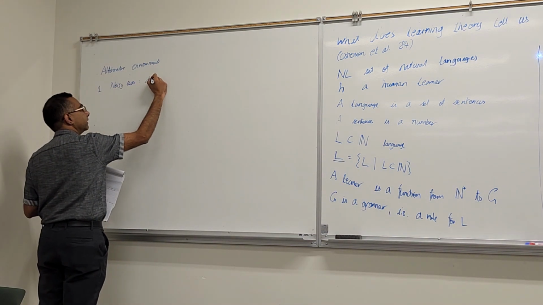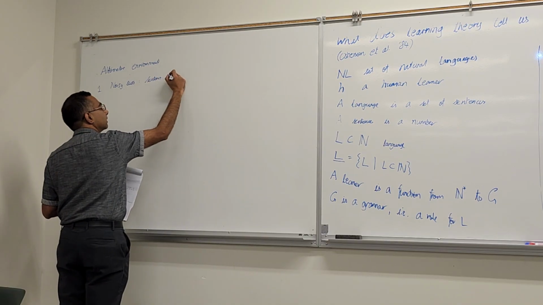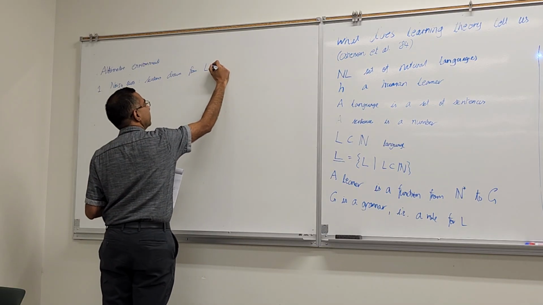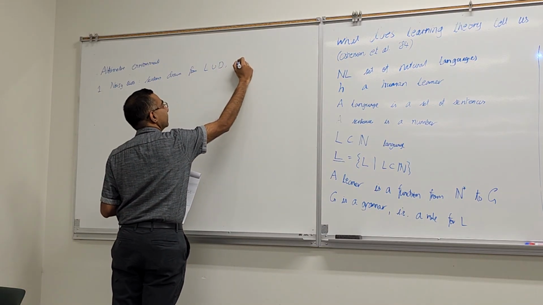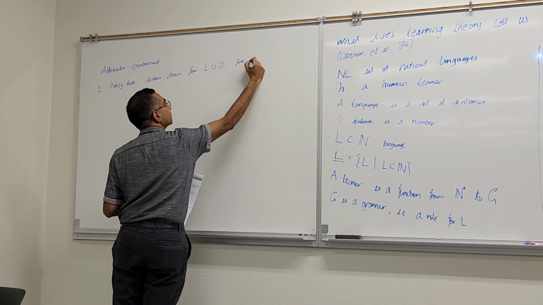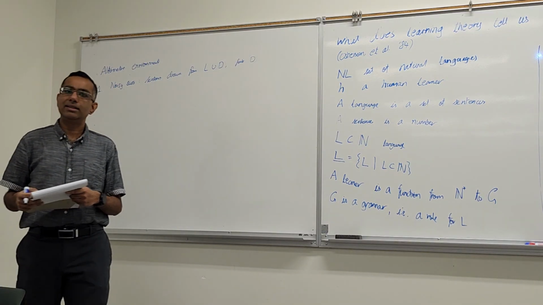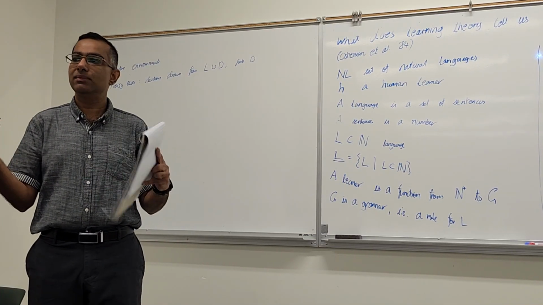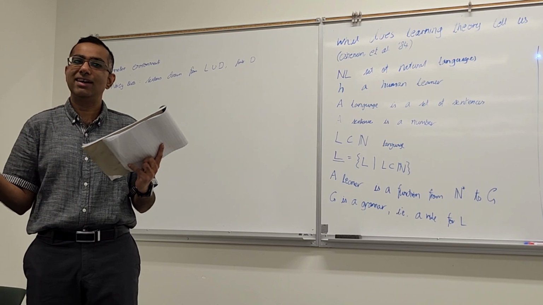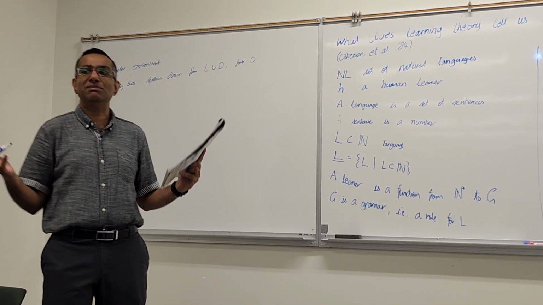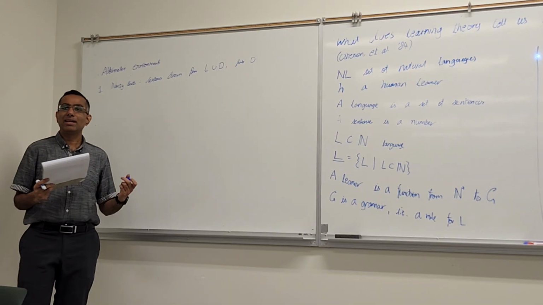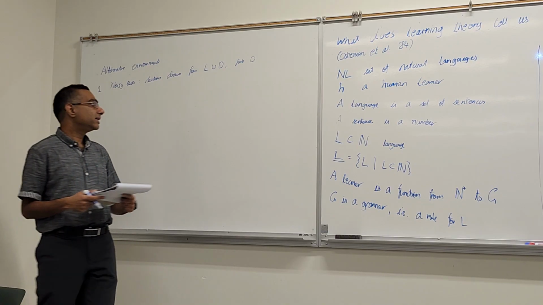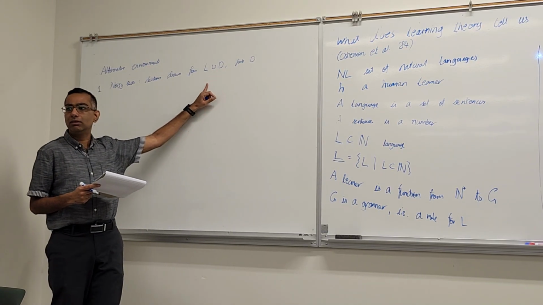And now the sentences drawn from L union D, where D is finite. The idea is, let's imagine that there is somebody in the child's environment who always says something that's not grammatically correct, and they only say a finite number of such sentences. So you might think that the child can just figure out that these are not grammatically correct and still learn the language. So we are still requiring that the text will eventually contain all the sentences from L, but